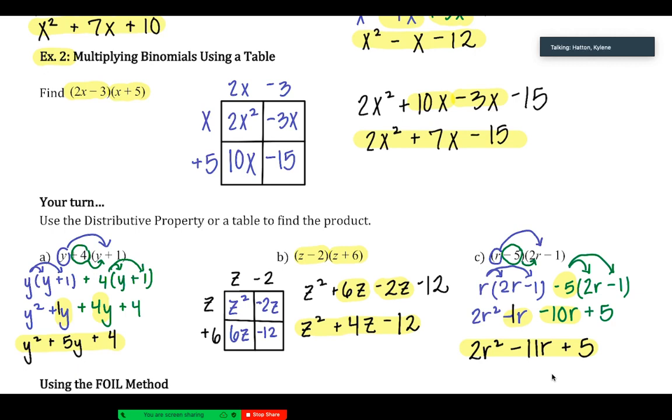So that's it for today's notes. That was the first two methods for multiplying binomials. We'll learn